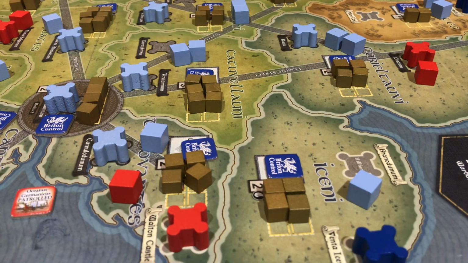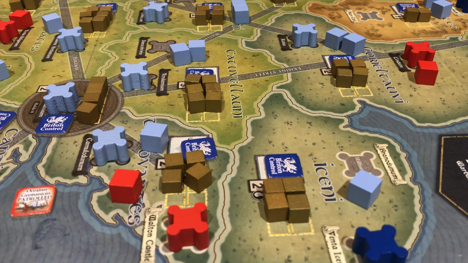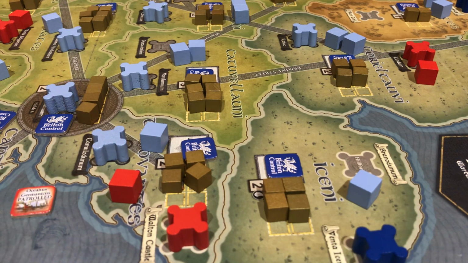Okay, so what do we want to do? I think we want to do train, and then we'll do build. And we're going to do this because it helps us from a cooperative perspective, and it actually helps me score points towards winning the game, which I don't have to do requisition just yet. So the train here,